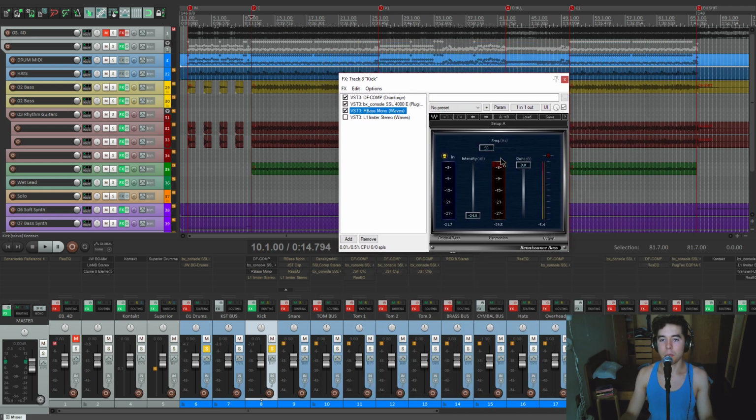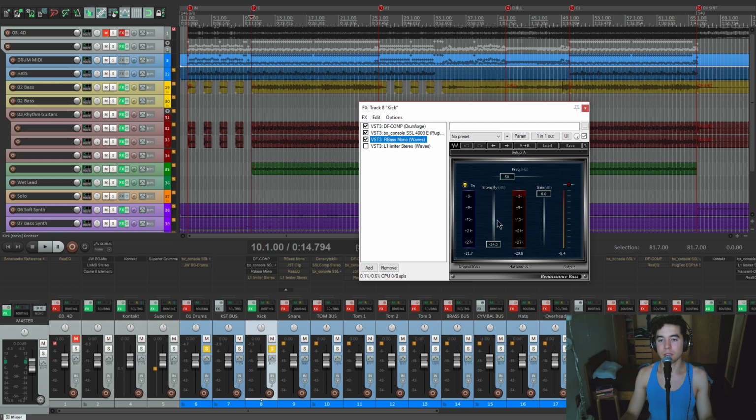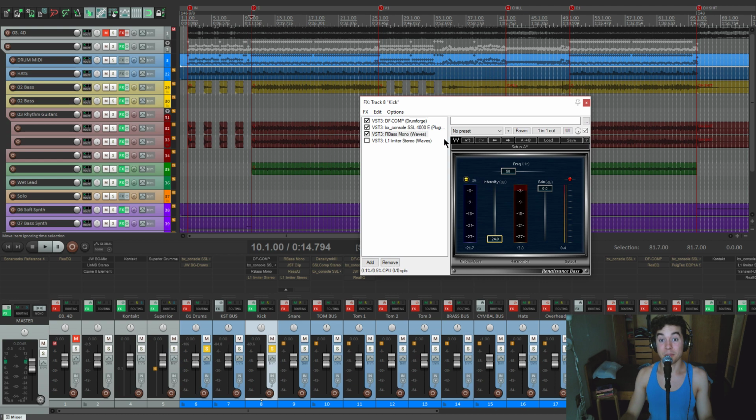R-Bass is a subharmonic generator that I'm using to add extra 50 Hz on the kick drum. With your headphones or your sub, be sure to listen for this. You certainly hear that as I boost it to absurd levels, but that's what it's doing at a very tiny